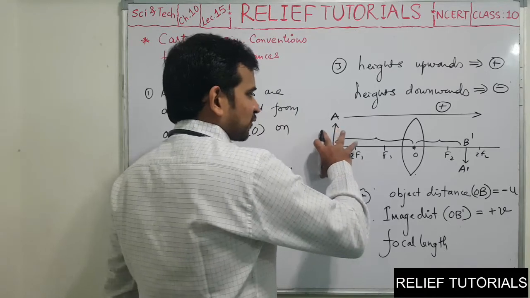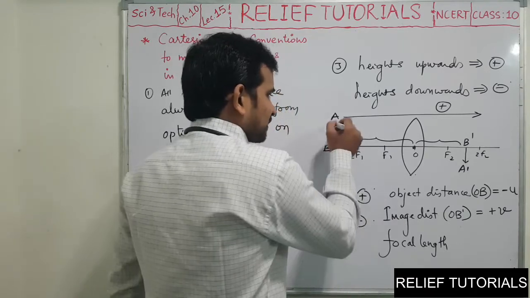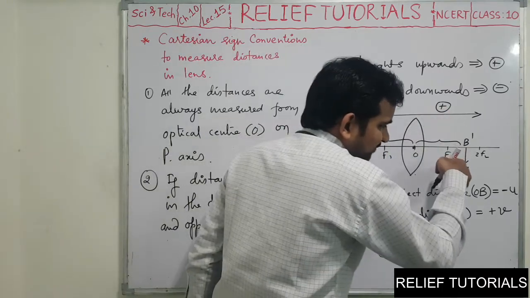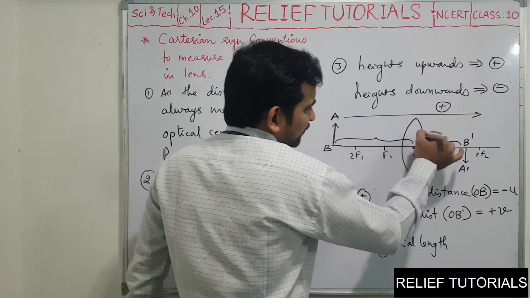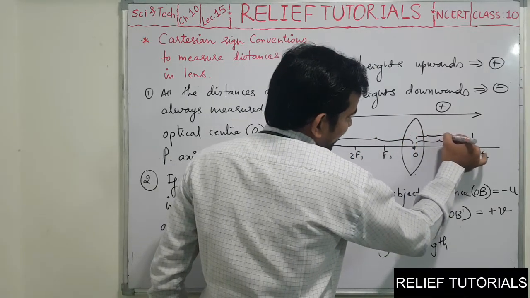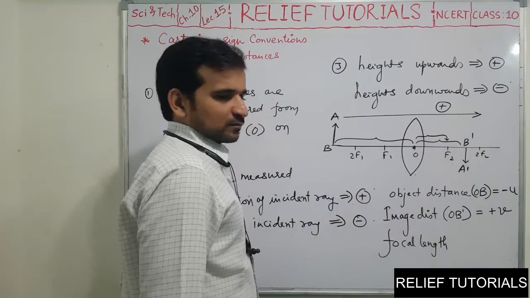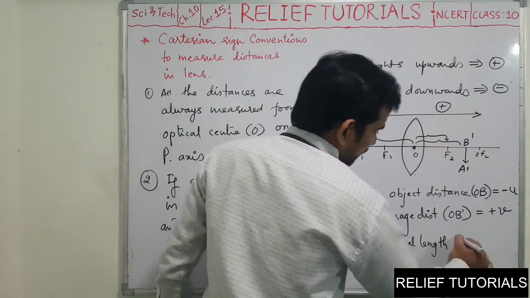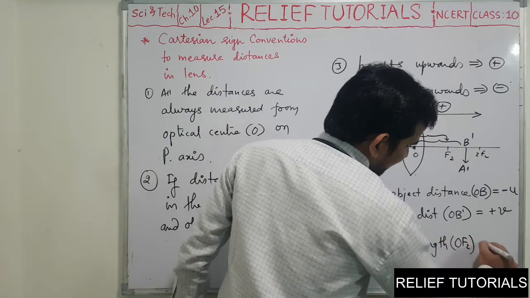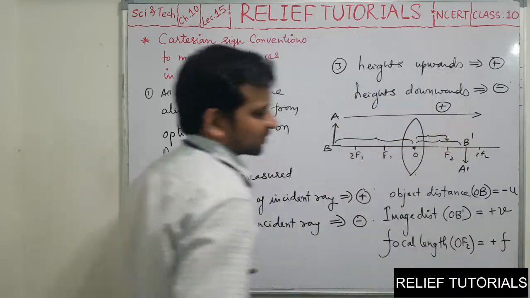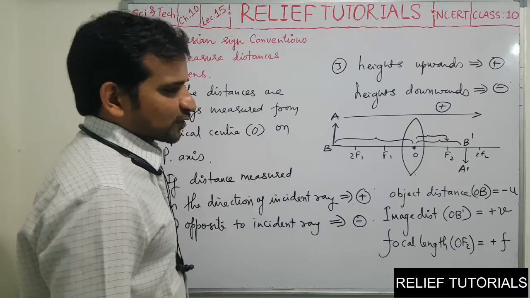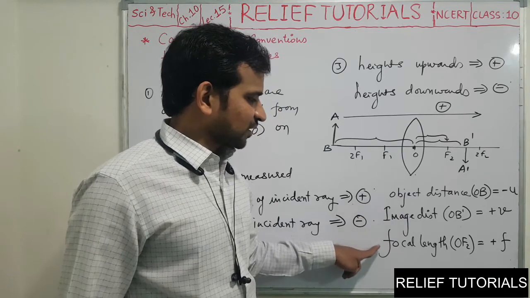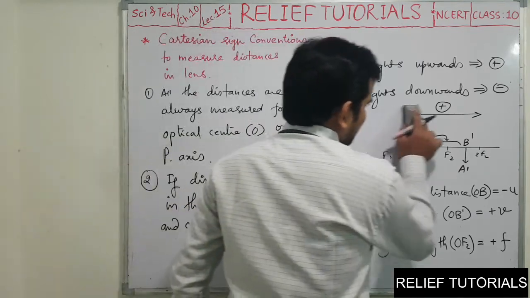But in the case of convex lens, we already discussed that for the object placed on the left hand side, its principal focus is on the right hand side. So here in this particular case, we are going to measure the focal length as O to F2, because object is on the left hand side, so its principal focus is on the right hand side. So distance OF2, and as we can see, it is on the right hand side, it should be plus f. There is no radius of curvature to be measured in the case of lenses. So we have three important distances: object distance, image distance and focal length. One more example of concave lens.